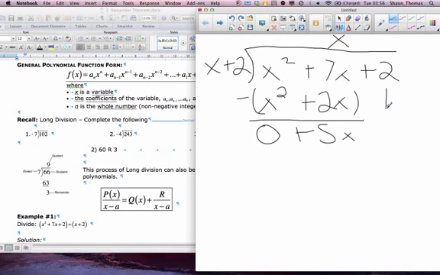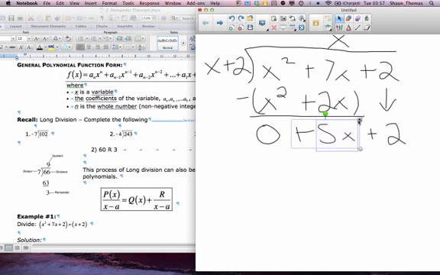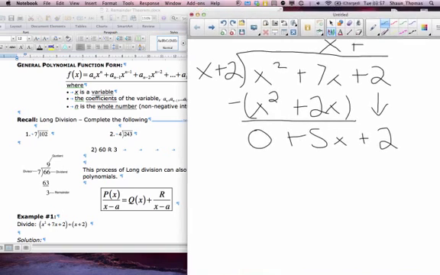And then like we did in the last example in the long division, we have to carry our 2 down, so I now have a plus 2. Next step now is, instead of focusing on any terms up here, I'm now comparing this x term to this 5x right here. So I have to think, what do I have to multiply this x by to get it to equal 5x? And the answer to that is going to be a 5, specifically a positive 5. So I'm going to write positive 5